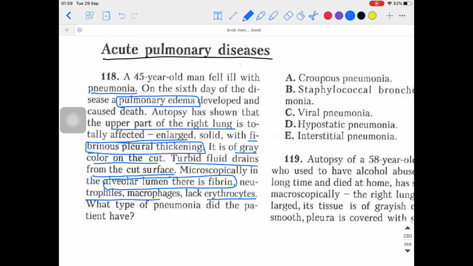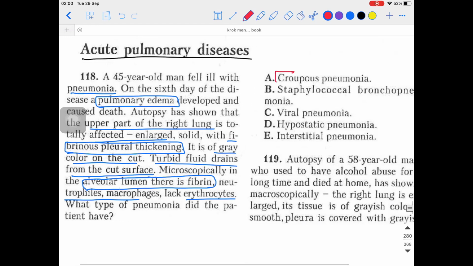The answer is there. That is the Croupous pneumonia, also called lobar pneumonia, also called pleuropneumonia, isn't it? So four names are there. The hint is inside the question itself: fibrin is seen macroscopically and microscopically. Four names: Croupous pneumonia, also called lobar pneumonia, also called fibrinous pneumonia, also called pleuropneumonia. These four terms you must remember as far as this kind of pneumonia is concerned. Fibrinous inflammation will be seen, fibrin is the finding in Croupous pneumonia.